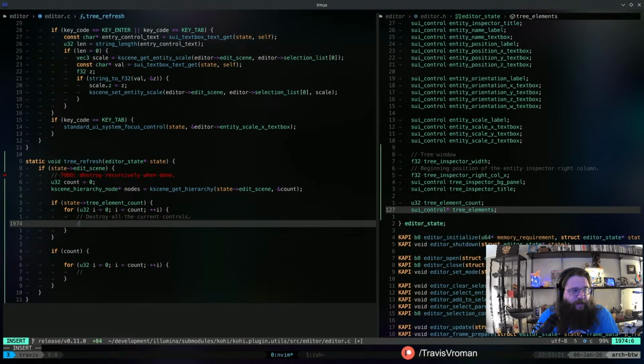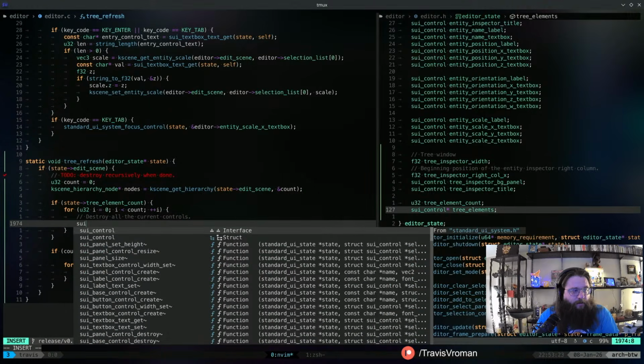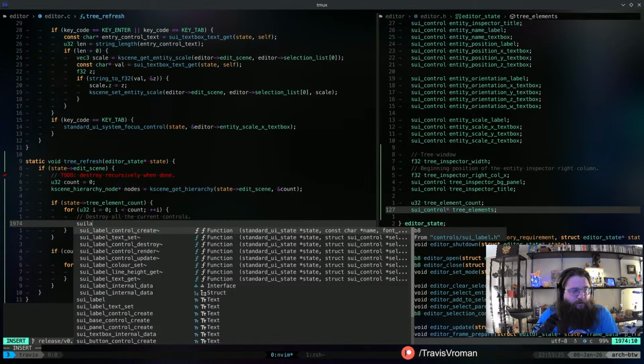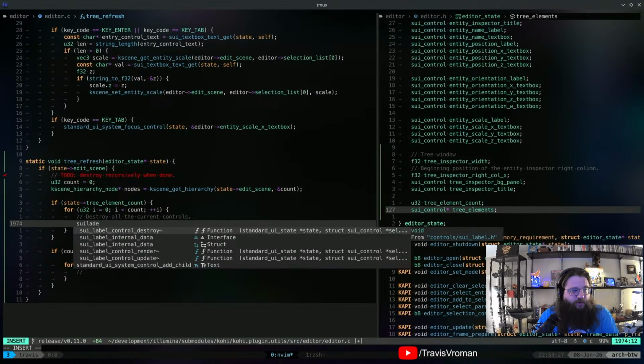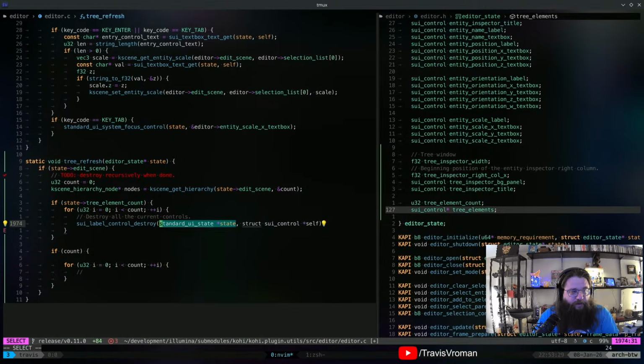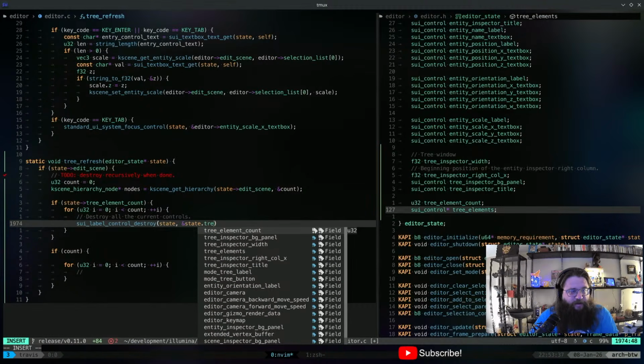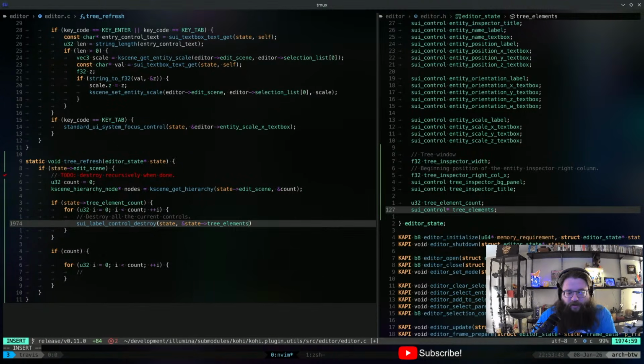We'll just do a SUI label control destroy, right? We'll do state, and then we'll do the address of state tree elements. Wasn't it tree elements? Yeah, sub i.